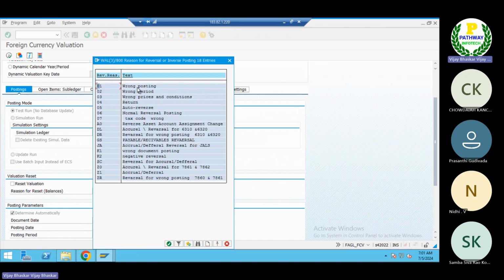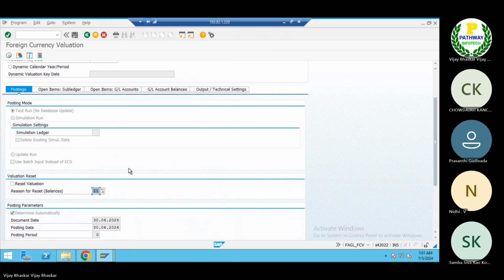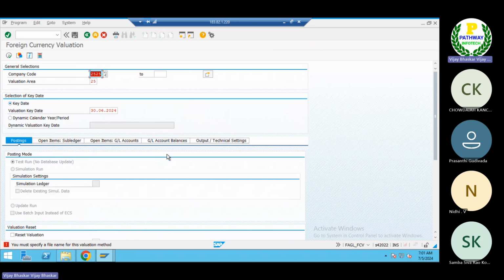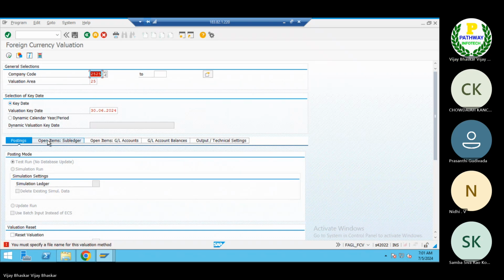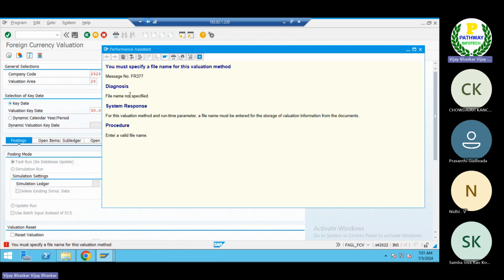I just took auto reversal, accrual and deferral. No, not that one, the second. You must specify a file name for the valuation method. File name not specified for the valuation method and runtime parameter. File name must be entered in the storage valuation. Enter a valid file name.